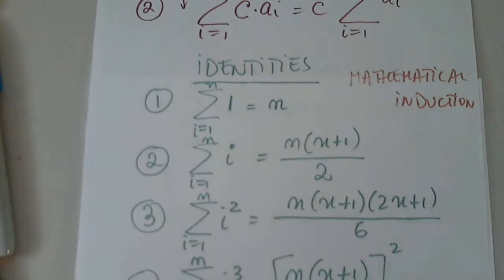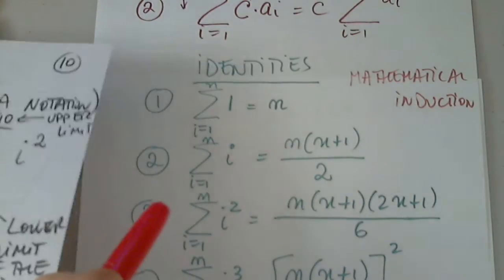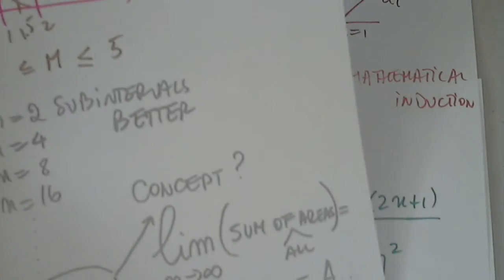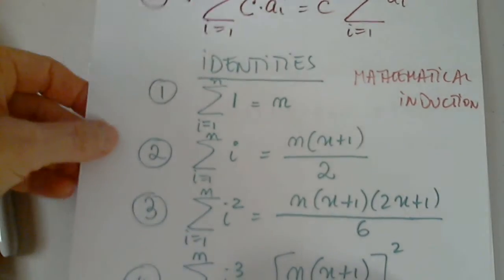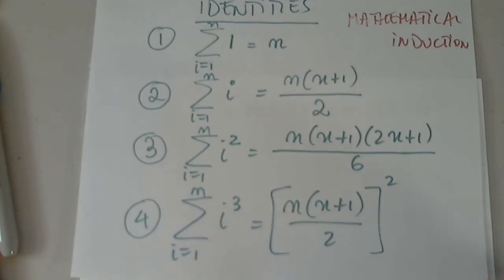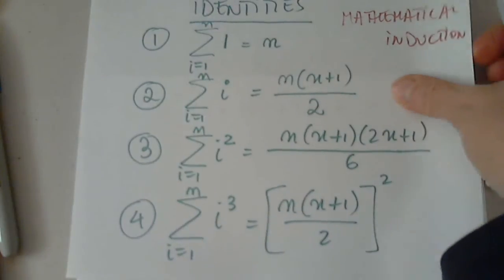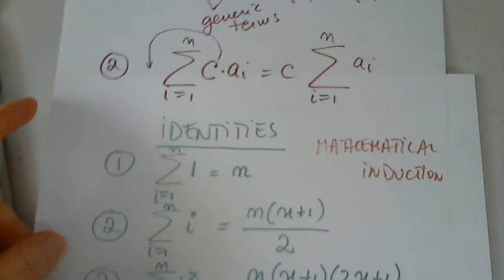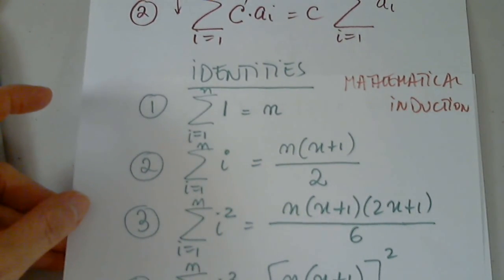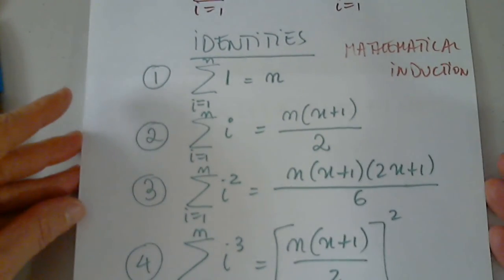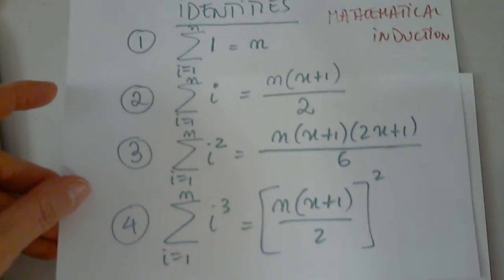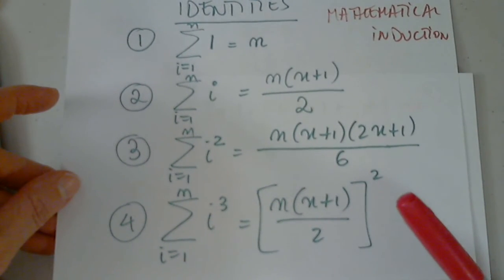Okay. Any questions on this? Now I'm going back to page 9. Actually, can we go over the third identity really quickly too? I would like to know where you got the 6 from. Oh, that's what I said. If you want me to prove any of these identities, I have to use mathematical induction to prove them. Okay, gotcha. We have to memorize them normally in class. When we take tests in class, in person, my students have to memorize these 4. Now we're not taking tests in class, so